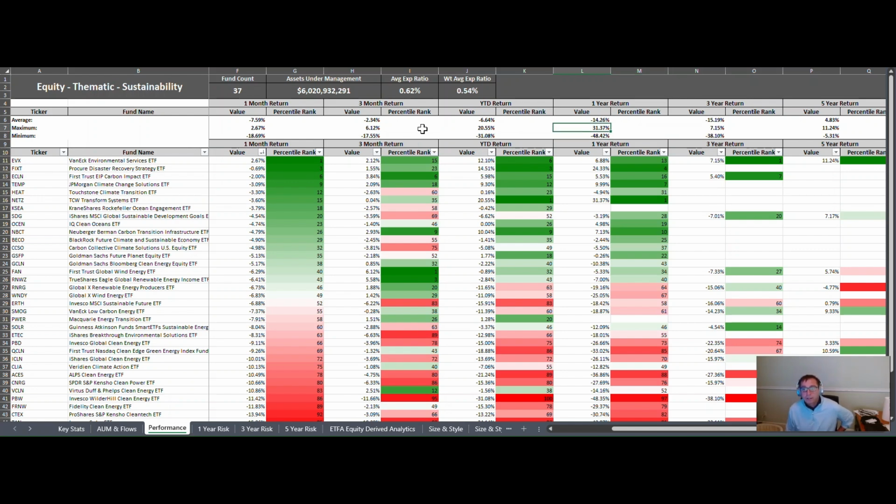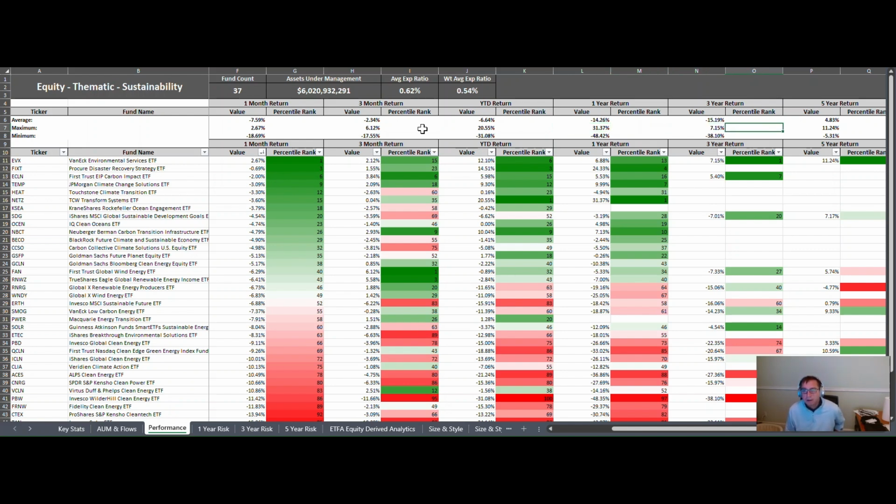On the 1 year, your top performing ETF is up 31%. Your bottom performing is down 48%. So a 79, almost basically an 80% divergence in return. But on average, across these 37 funds, a simple average of negative 14%. So it's been a tough environment for clean energy companies,